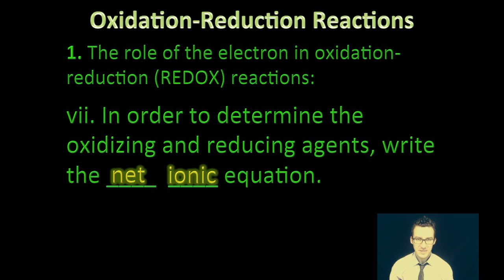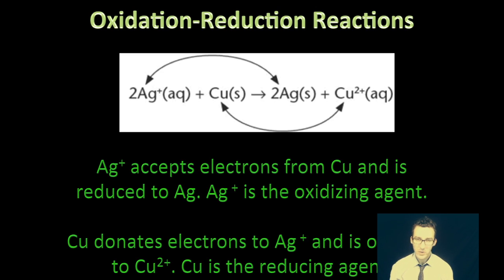And then lastly here, as you think about trying to understand what things are gaining electrons and what things are losing electrons, in many cases it's easiest to write what's called the net ionic equation to help us better understand and better see what things are gaining and what things are losing electrons. So you're given a quick example there in your notes, and here it's pretty easy to see that the silver